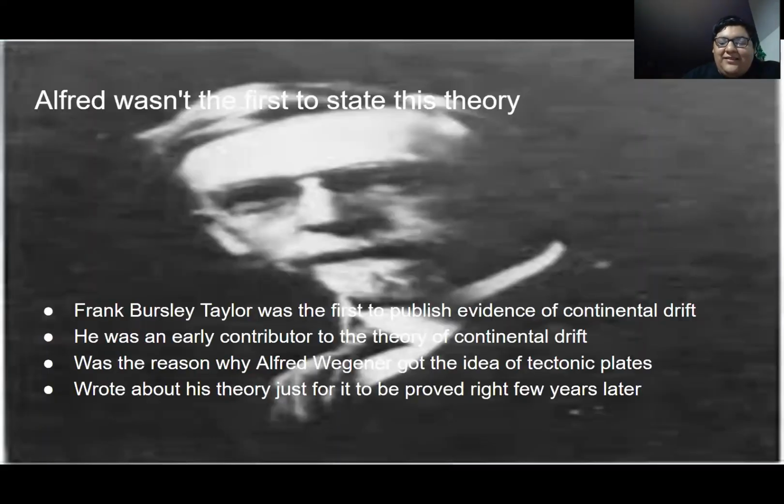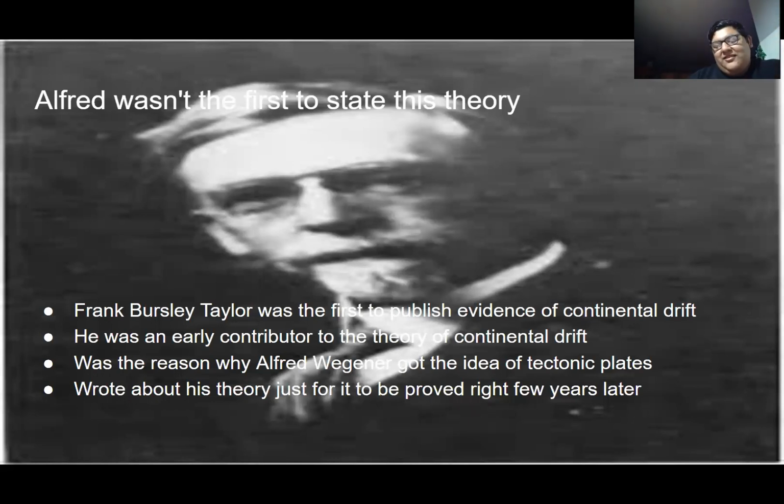Next slide. Oh, this is a twist. So Alfred Wegener is the one that gets most of the credit for all that's happening: the whole Pangea, the whole drifting away, it being together at one point. But there was one person before him, in the 1900s, that stated this before. This guy was Frank B. Bursley, which came as a shock to me, because I thought Alfred Wegener was the one who thought of it all.